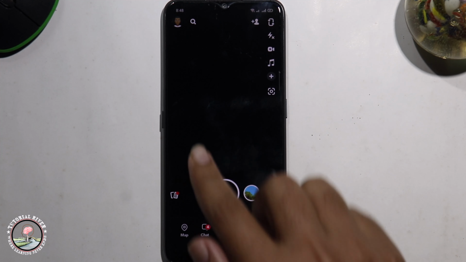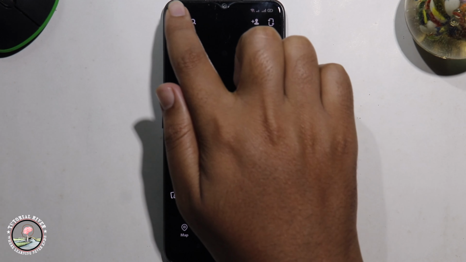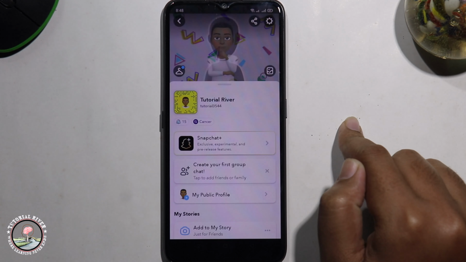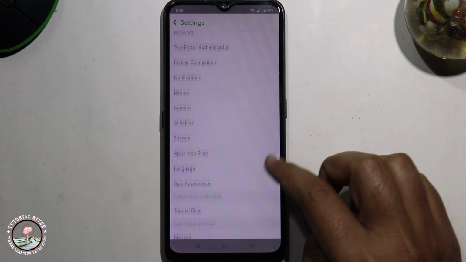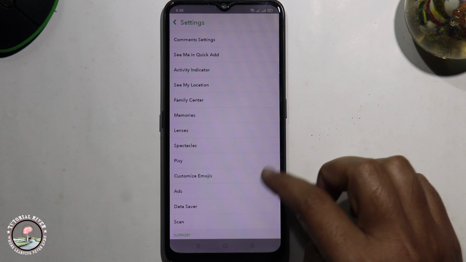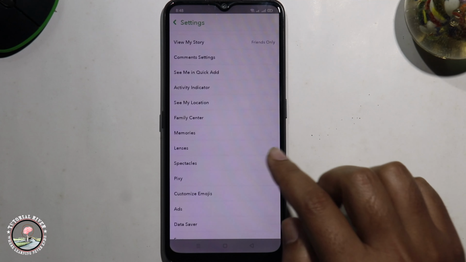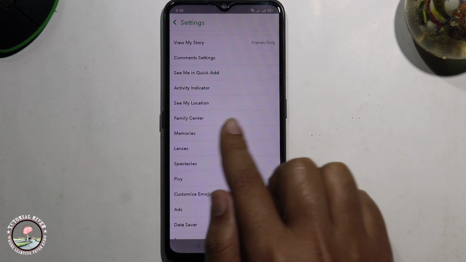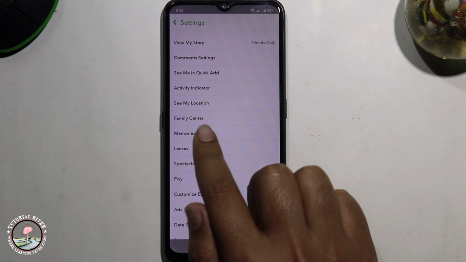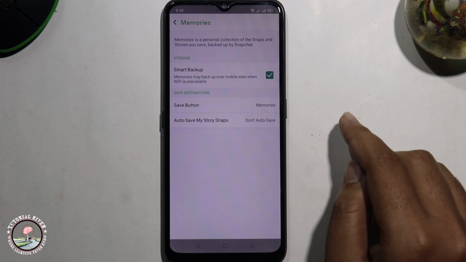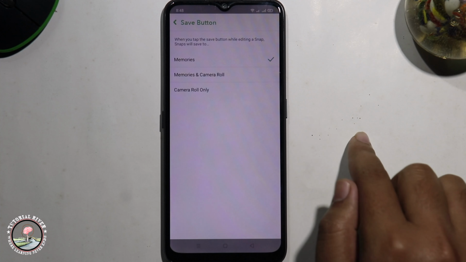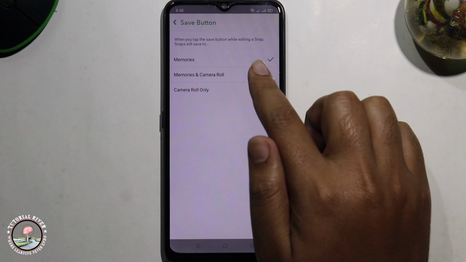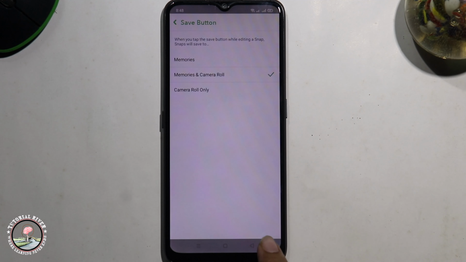So let's get started. First of all, click on to profile icon. Look at the right corner, tap onto setting icon, scroll down, click onto memories. After that, click on save button, select the second option, go back,